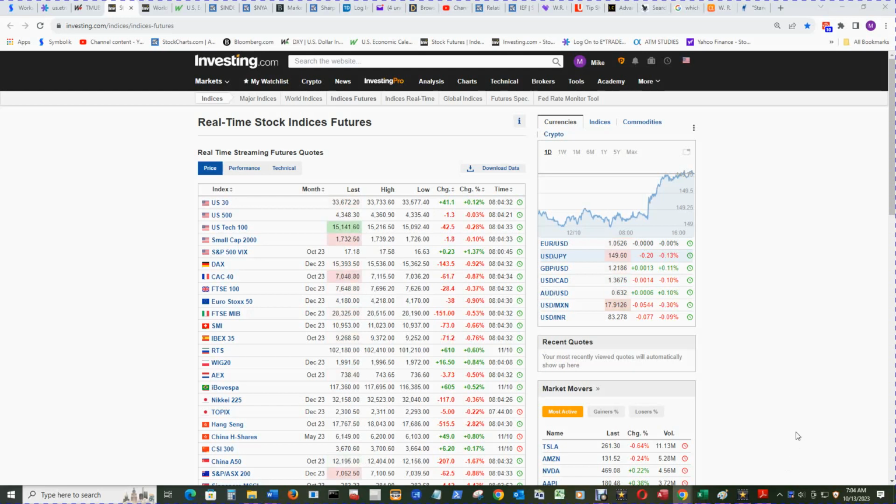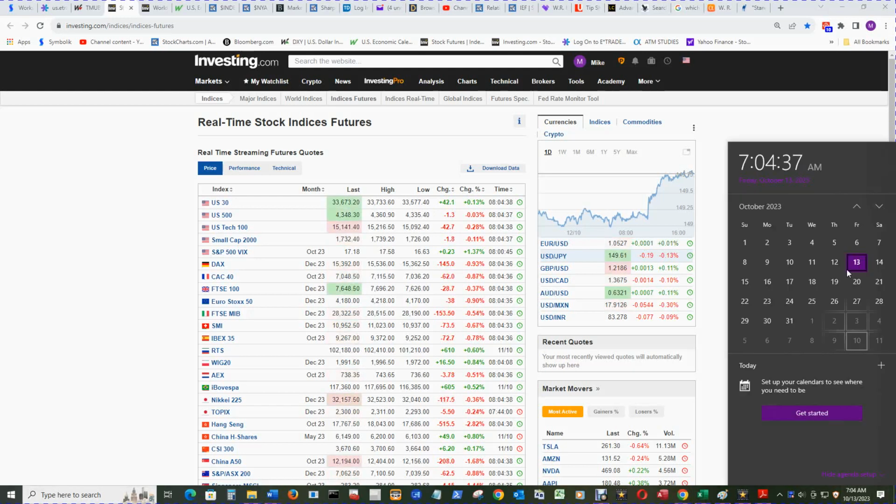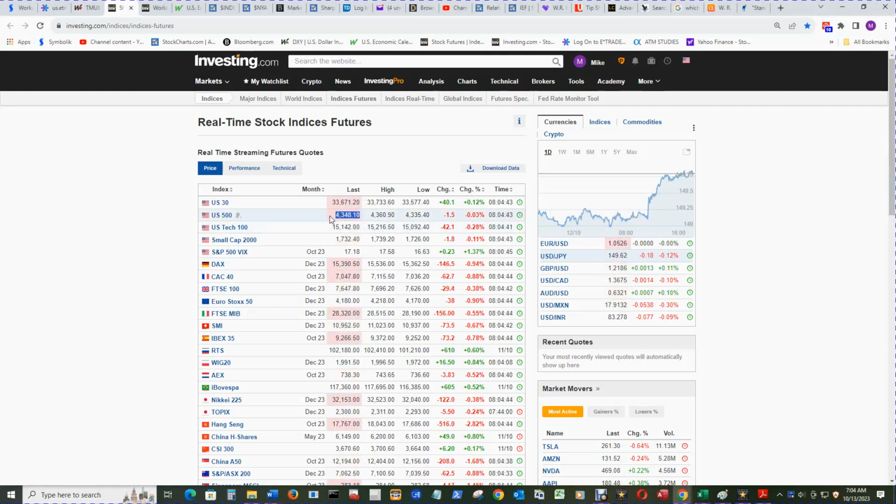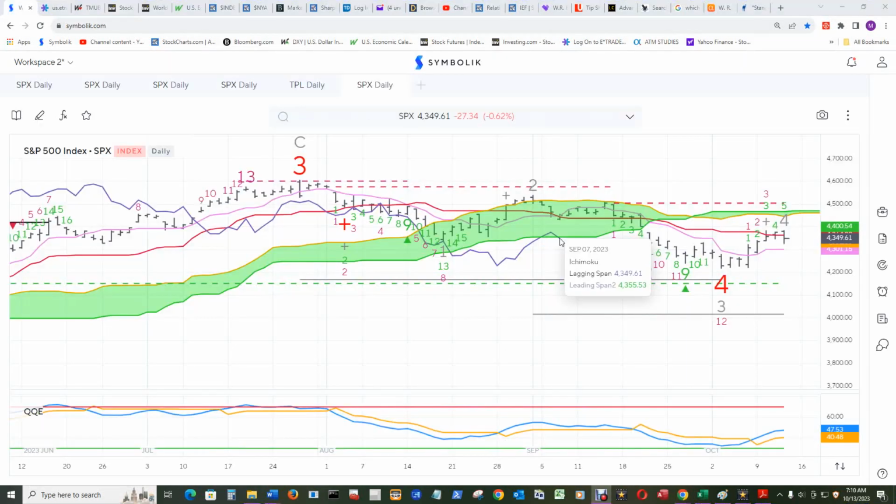The S&P 500 pre-market price on the 13th at 7:04 a.m. Central Time is 43.48. And the cloud lagging line 26 bars back, which reflects current price, the closing price, 43.49.61, still right around the bottom of the cloud, 26 bars back,